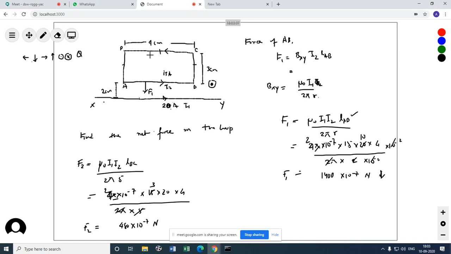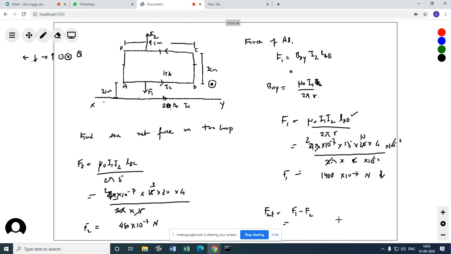So what is the direction now? The direction of this force will be which way? The current is in the opposite direction. So I, what about the B? B is up only. For using the left hand rule, FBI, FBI. I is this side, B is up. So the force is that side. So this is F2. So what will the net force be? Which one is greater? Definitely F1 is greater. F net is F1 minus F2. Finish it from here. Okay?